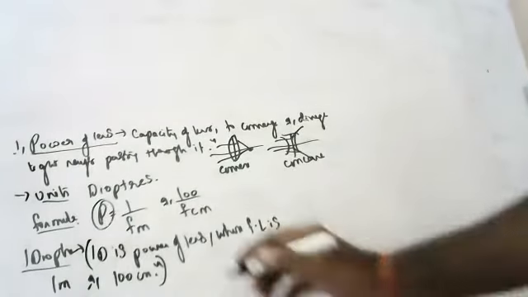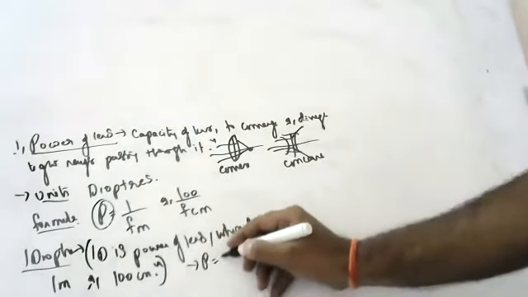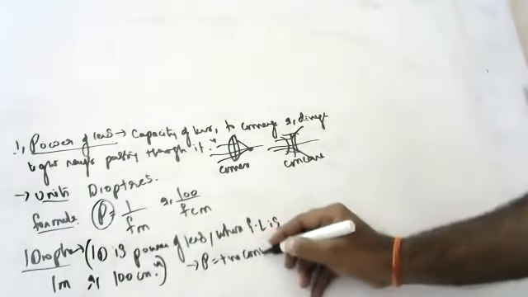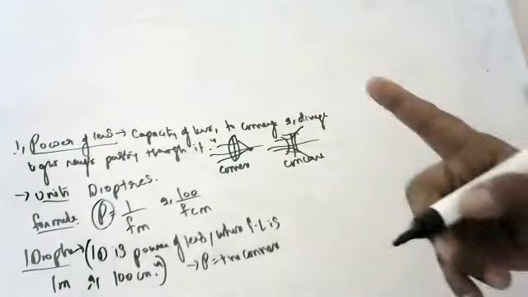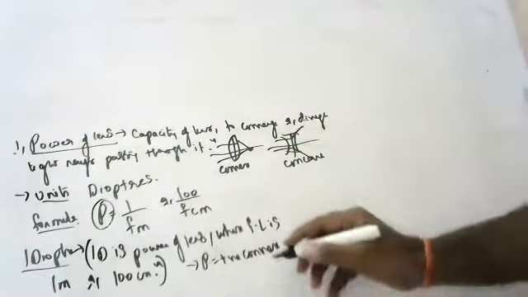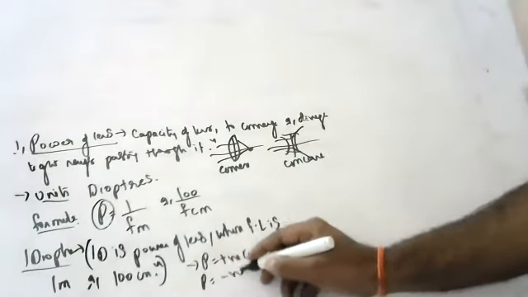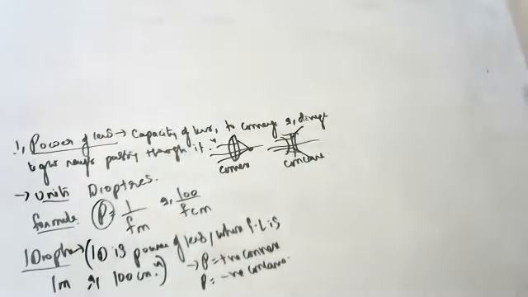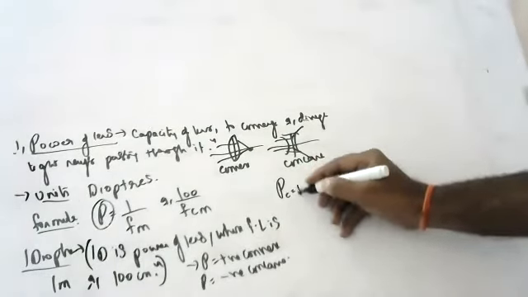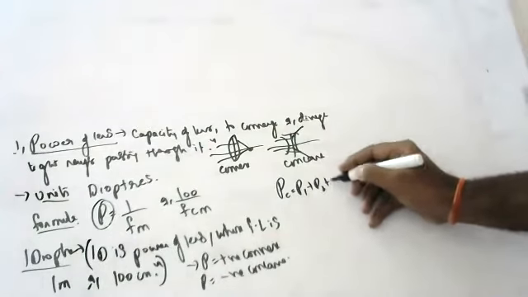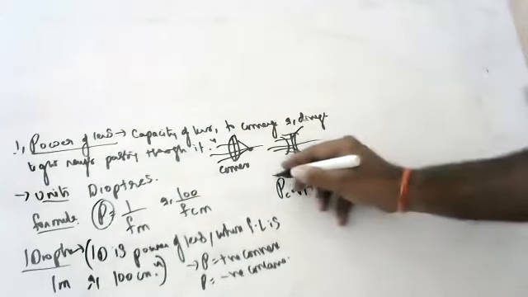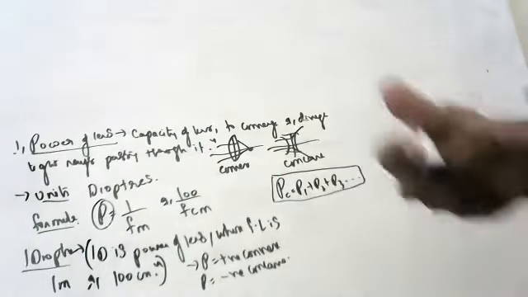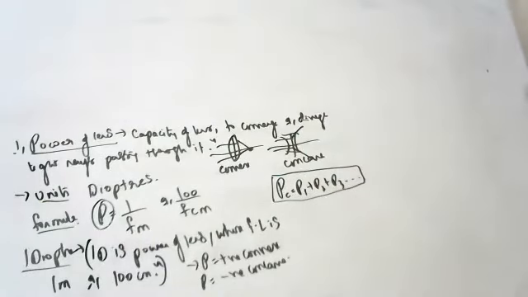And children, power is taken positive for convex, because I was telling you in the diagrams, focal length is positive, which means power is also positive, and power is taken negative for concave. Okay, we will do some numericals, children. And power of combination is also there: P1 plus P2 plus P3 and so on. If you combine different lenses and add all the powers, you get the power of combination.